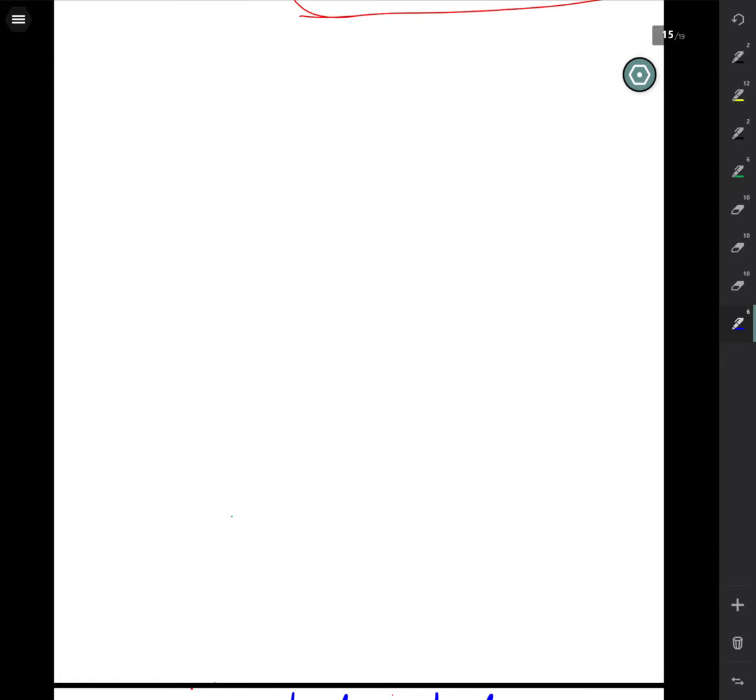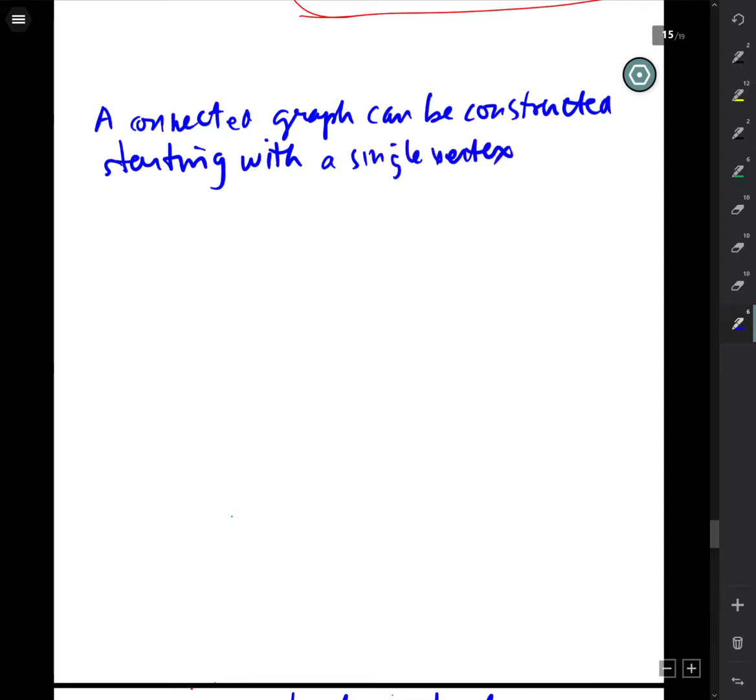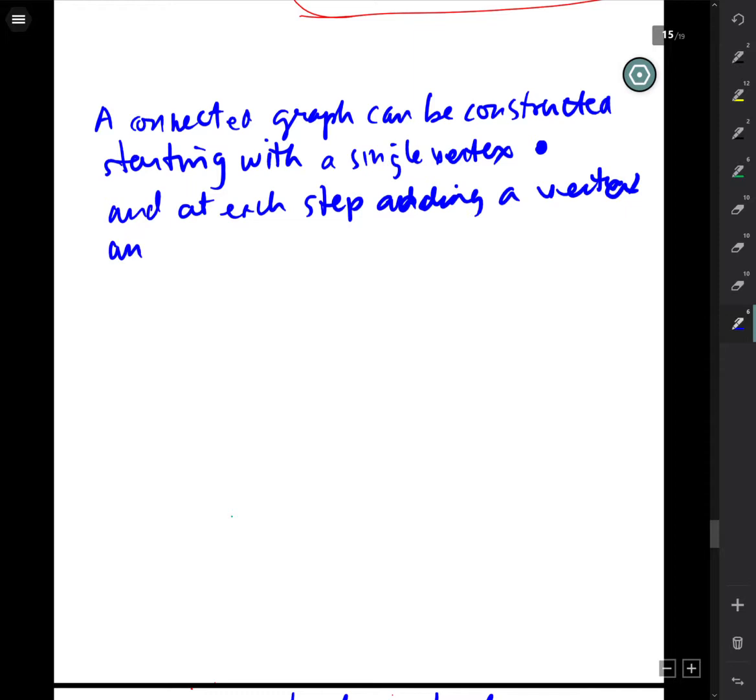So I'll scroll up here and say this: a connected graph can be constructed starting with a single vertex, just a single vertex, and at each step adding a vertex and edge, which I might indicate like that, to an existing vertex,